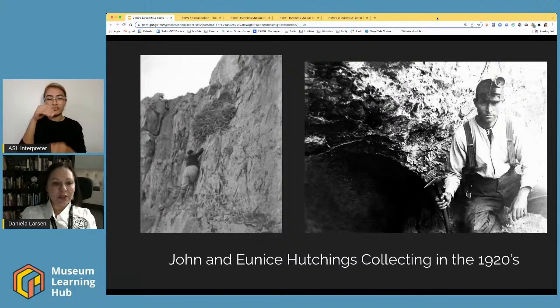His wife, Eunice, you can see here on the other side, she was quite the woman, first of all, for having the amazing patience to have somebody collect so many things. And she really got into it. She was a big part of it. She's up here collecting eagles' eggs out of a nest on a cliff in this picture over here.